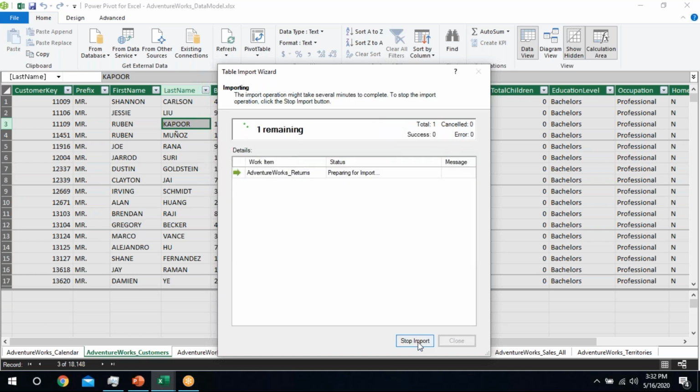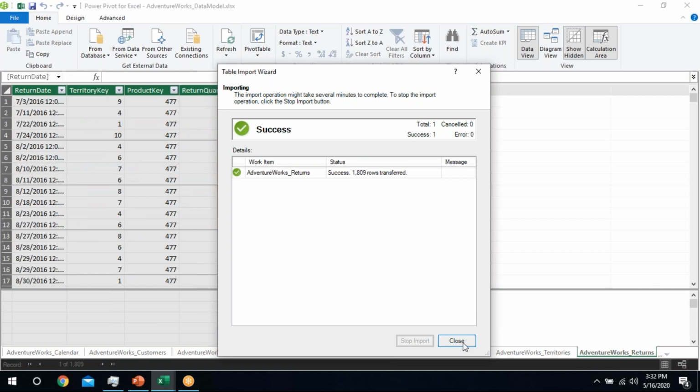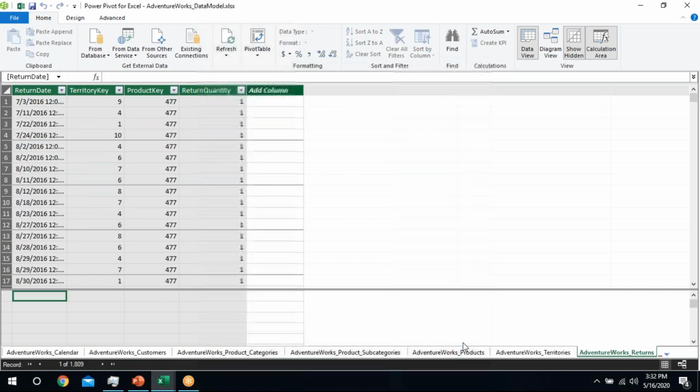It will take a few seconds to build the connection and import all of these records in the Power Pivot environment. So 1800 plus rows have been successfully transferred to the Power Pivot environment. Okay, so we have all the lookup files and the data files of AdventureWorks in our Power Pivot environment.